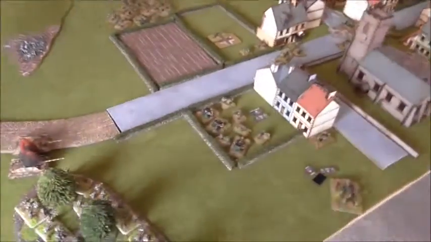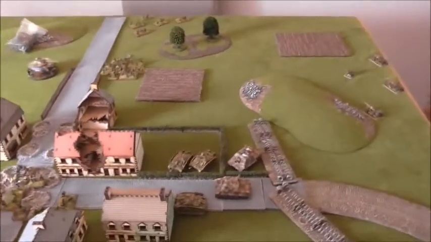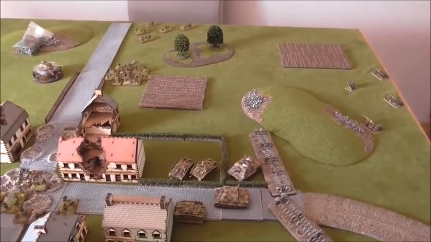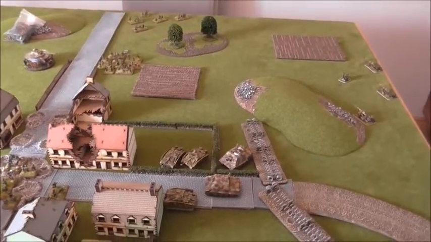German turn 7. This wee guy's too slow, believe it or not, to catch up with those infantry. So he's just coming back round, see what you can see. So it's really all happening over here. Only 1 Stug managed to unbog. So this turn the surviving Stug